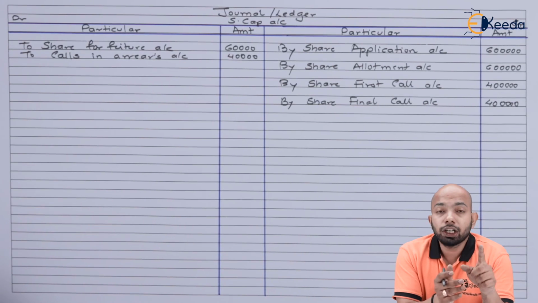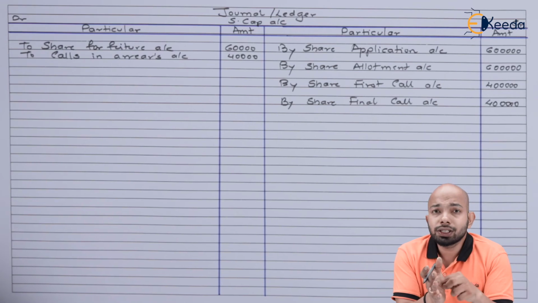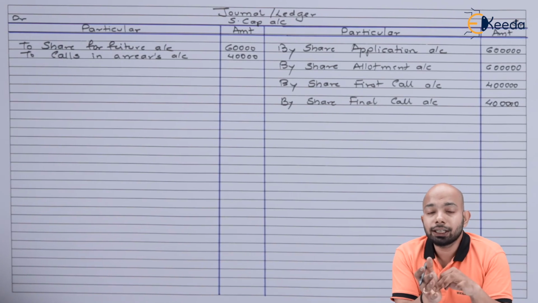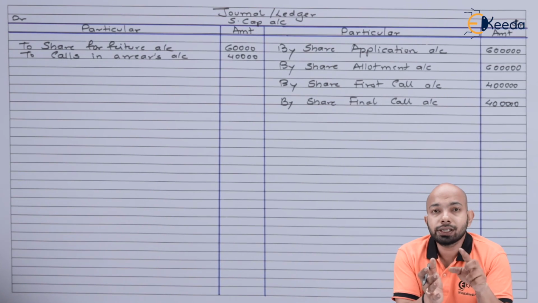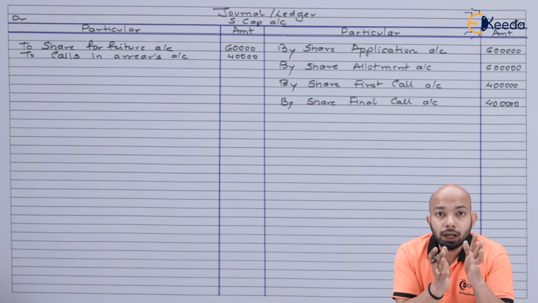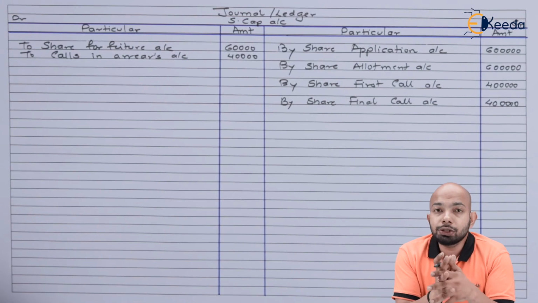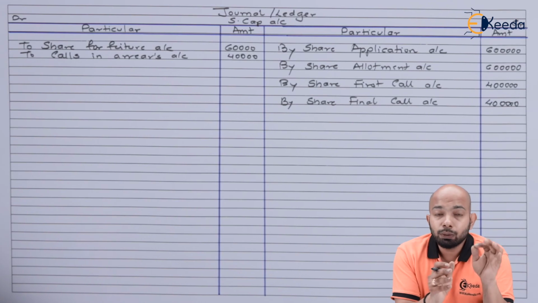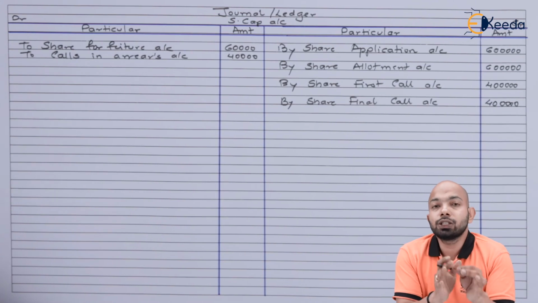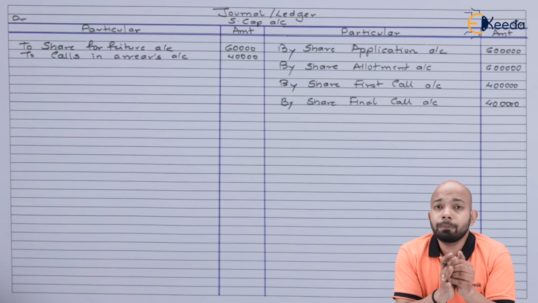So we have mentioned forfeiture entries that are supposed to be transferred to the share capital. So share capital account debit to share forfeiture account to call scenarios. Basically share first call and share second call or final call can be clubbed together as call scenarios and can be moved to share capital. After which we are supposed to pass the reissue entry of share capital. The entry was bank account debit to share capital. Hence on the credit side of share capital we'll have by bank account.